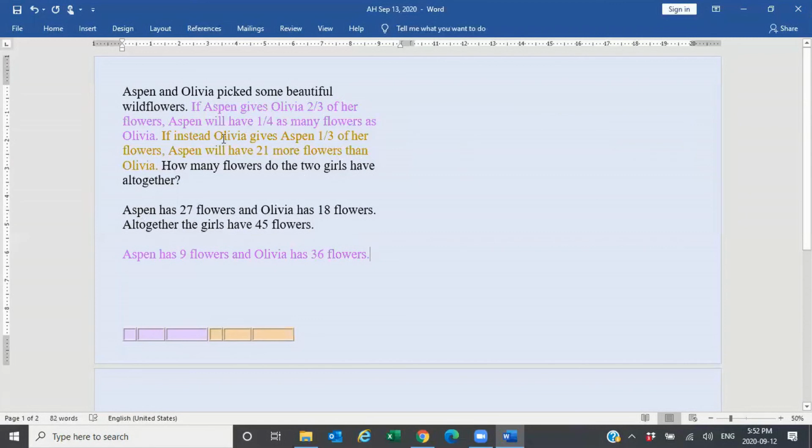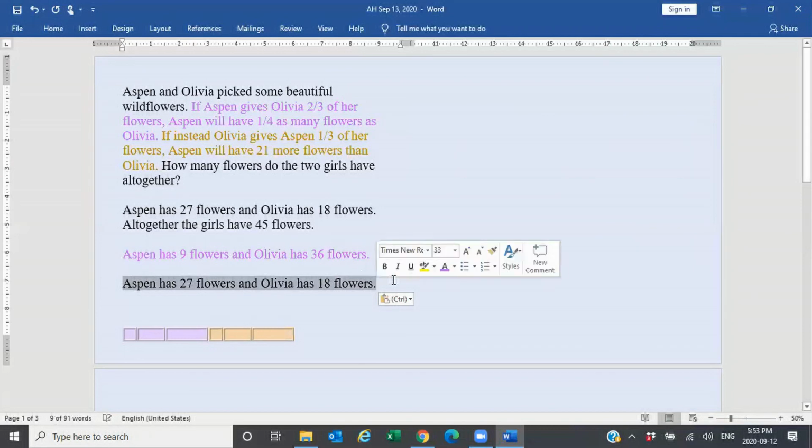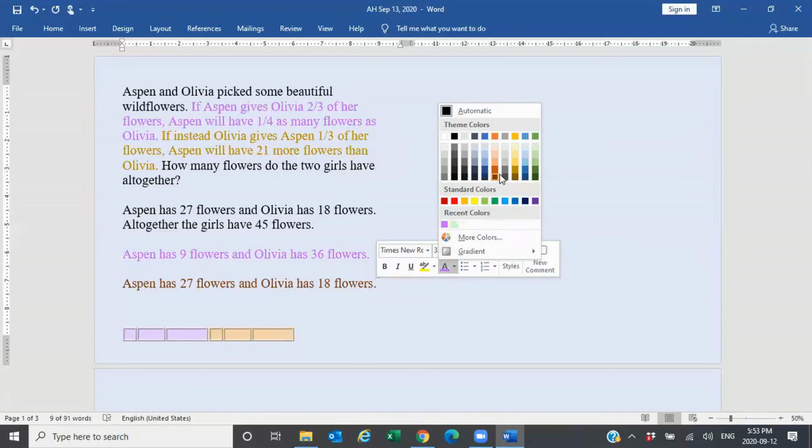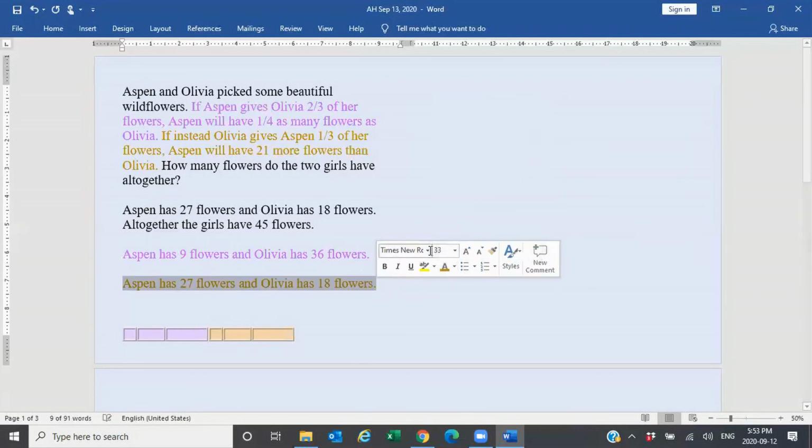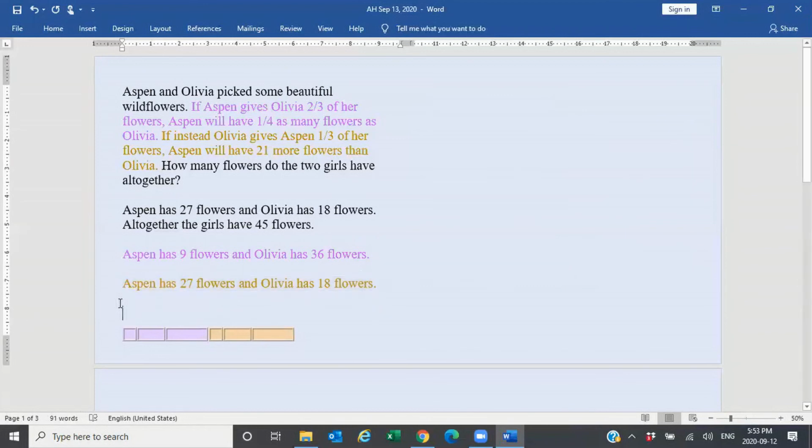Now to check the yellow or orangish gold statement. We'll just call it that. I'll put it here. The good thing about copying is you get the original statement. We don't have to change it to fit the needs of this question. All right, it says, if instead Olivia gives Aspen 1/3 of her flowers, Aspen will have 21 more flowers than